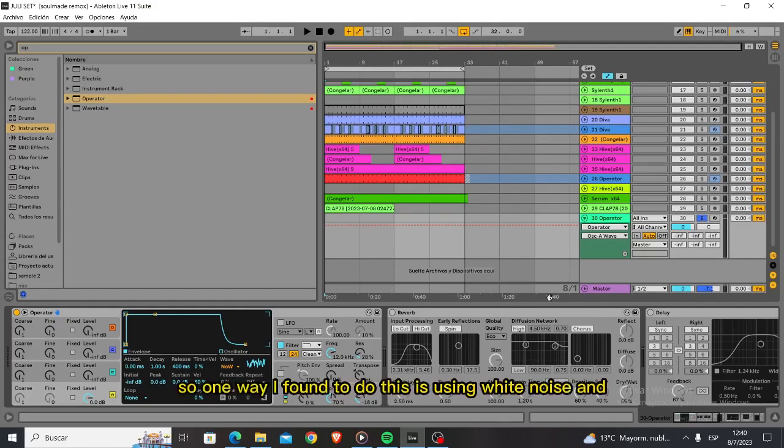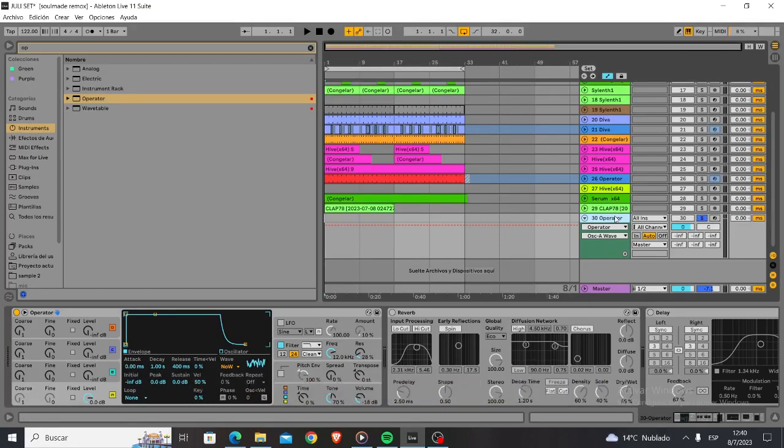So one way I found to do this is using white noise and a wave shaper. We can use Ableton's wave shaper, but we can use any wave shaper you want. We're going to start with an instance of Operator, but you can use pretty much anything that produces white noise. And when we have white noise sounding,